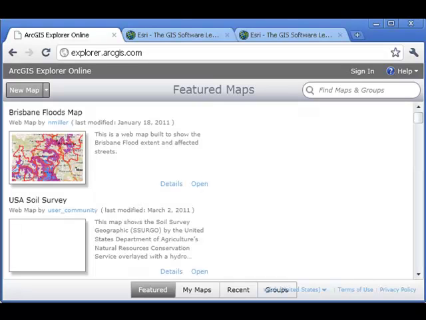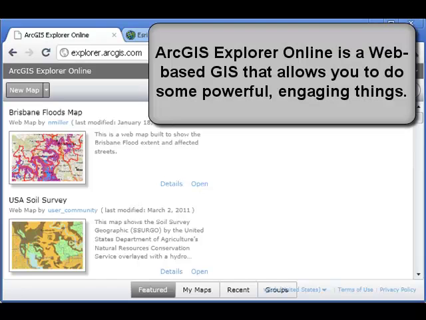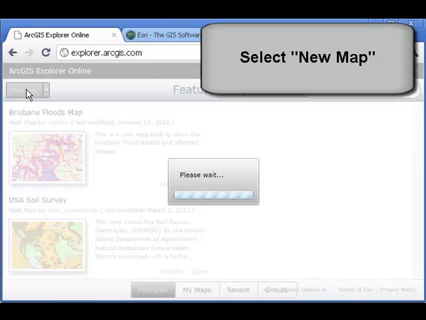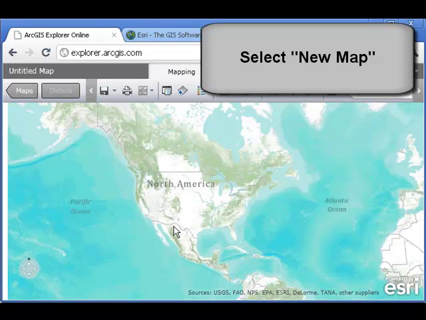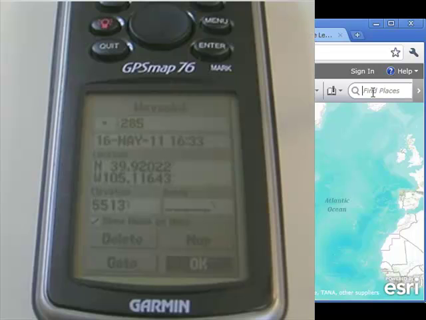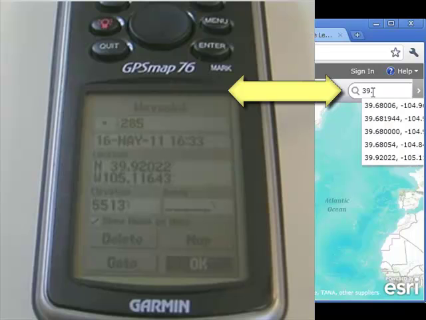It runs in a web browser, as the online name implies, but you have a whole array of tools at your fingertips here that allow you to do some very powerful things in education and beyond. I'm going to click on New Map. I got a nice base map already, and in the search window in the upper right, I'm going to go ahead and type in my GPS coordinate, the one I collected out in the field,